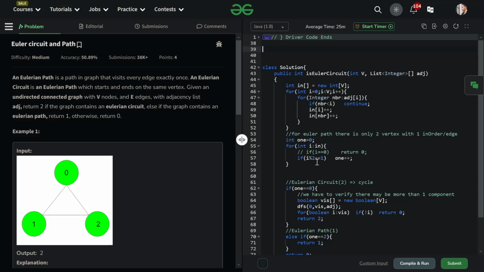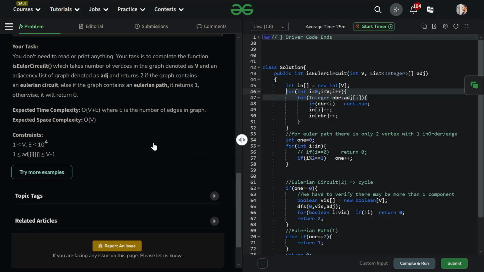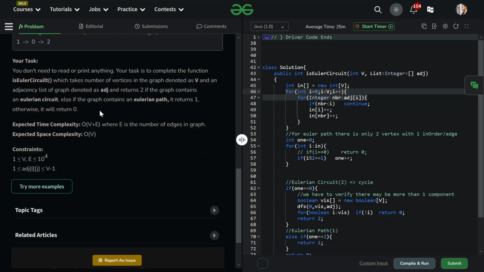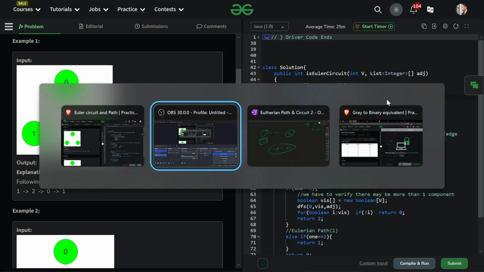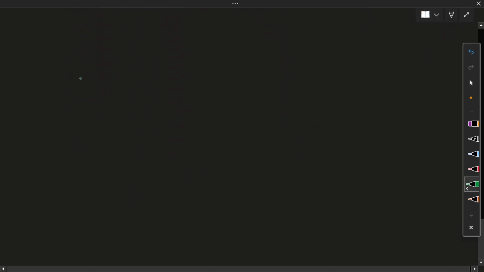Now it's time for some optimization. We have a nested for loop. Only this for loop is increasing our time complexity, and we have to meet V plus E. So what we'll do is, we have the adjacency graph, and we don't have to traverse it. For 0 we have two connected vertices. For 1 we have 0 and 3.